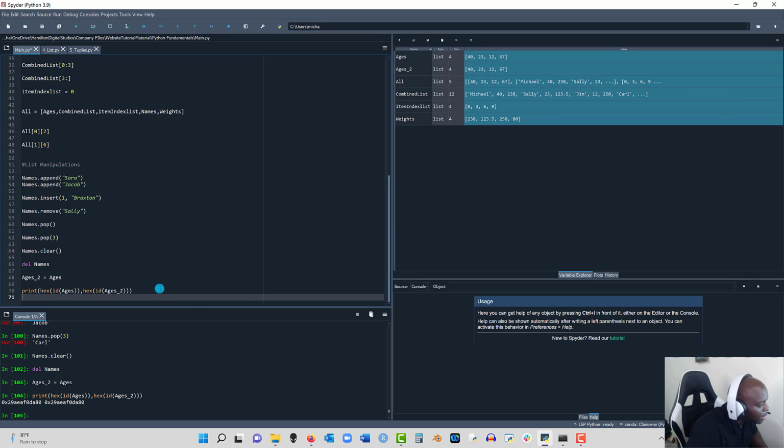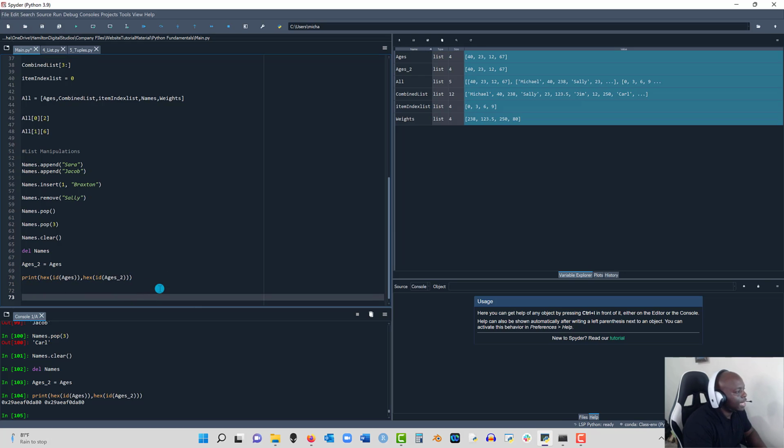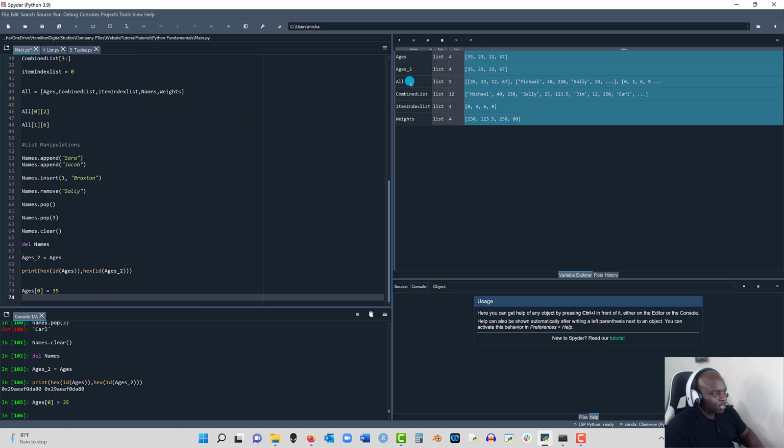So for instance, to see that example, if I say ages, open bracket, in the 0th position is now equal to, I want to say it's 40 now, right? Both of them are 40. So if I want it to be 35, say if I'm wrong, I wanted that one to be 35 and ages 2 to stay 40. If I do shift enter, you'll see both changed to 35 because both are pointing to the same exact memory